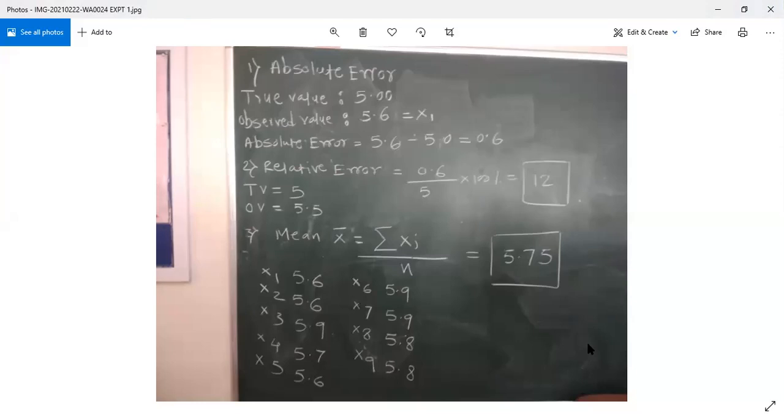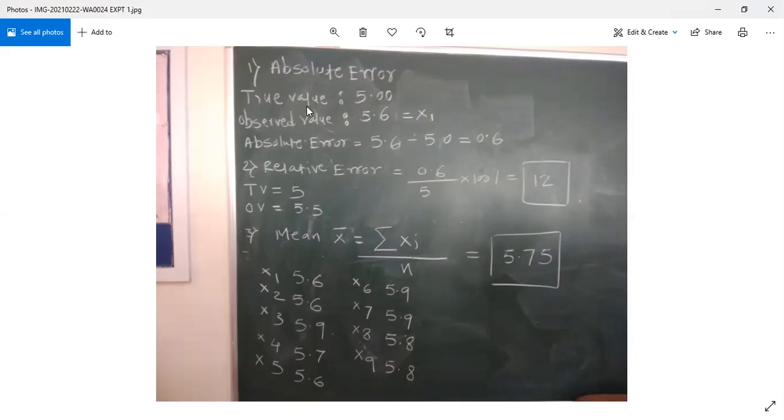So what is absolute error? Whenever you perform an experiment many times, even today's experiment which I have explained, we got 5.6, 5.6 and 5.8. But because of personal error, everyone does not get the same reading. Maybe someone will get 5.8, 5.8 and 6, or 6.2, 6.2 and 6.4, or 6.3. So we have to determine how accurate your experiment is. First we will calculate the absolute error.